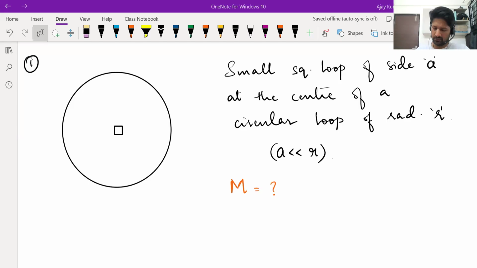In which loop will you assume the current to be flowing? See, these are the factors that you need to consider. Suppose you assume current to be flowing in one of them. What you have to think is, due to that chosen coil's current,